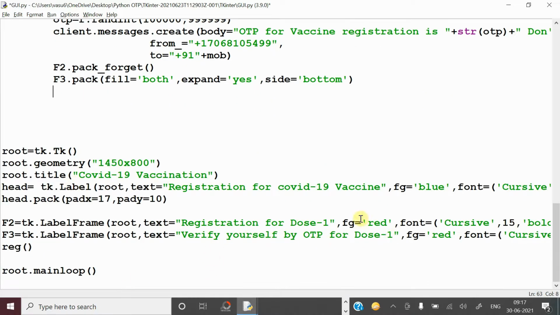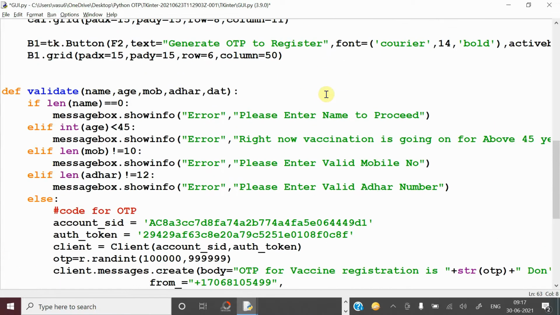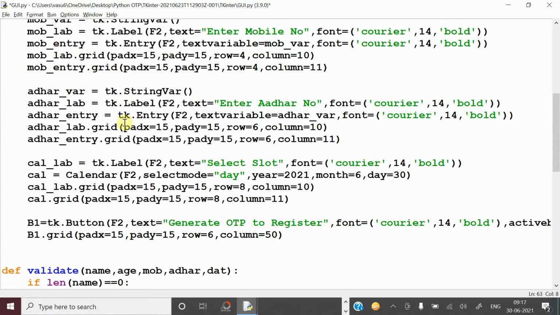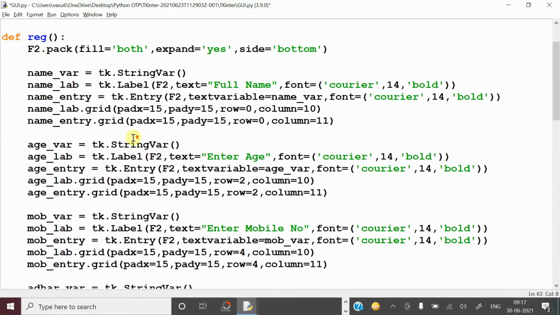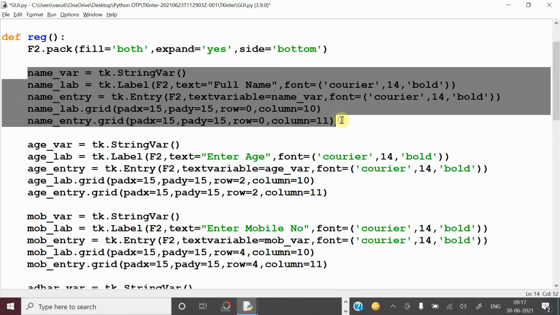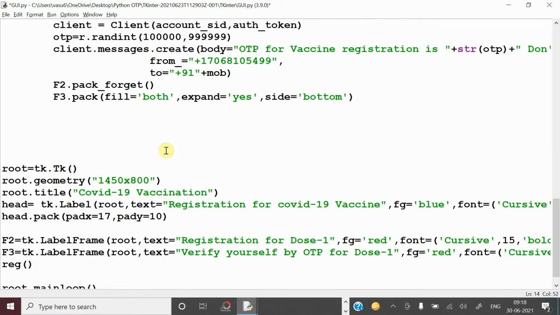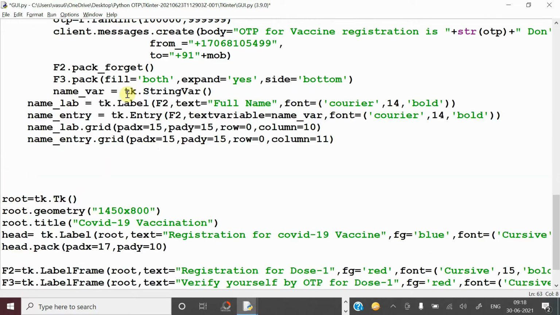Now after doing this, again you have to create one variable as enter OTP here. Beside that, a text box also should be there. We have already written lots of concepts for entering text earlier. Take one thing from here, paste it here.